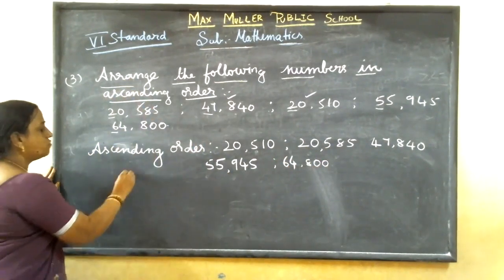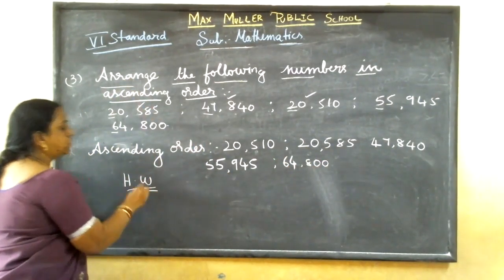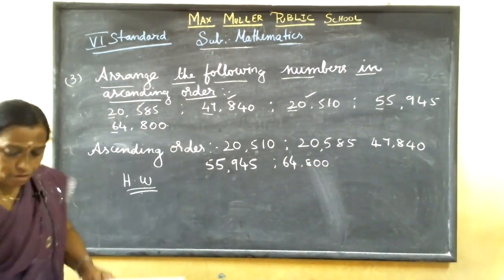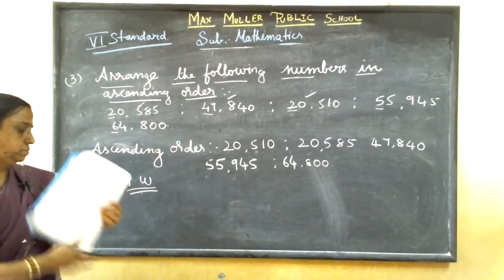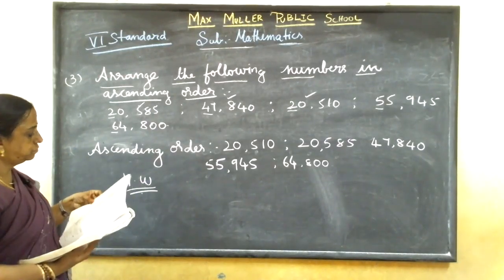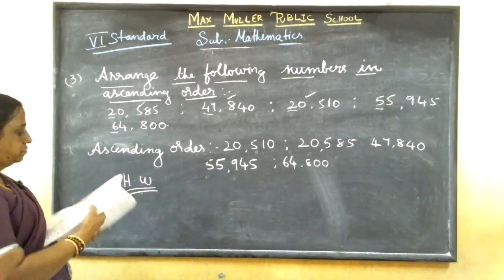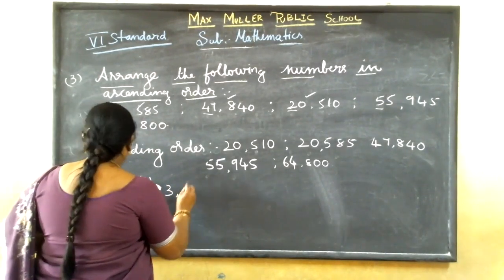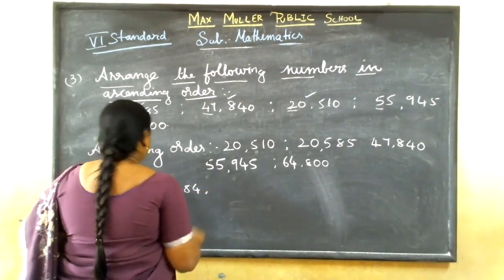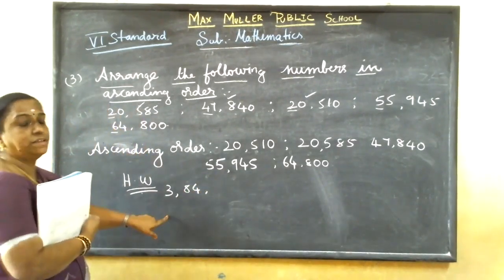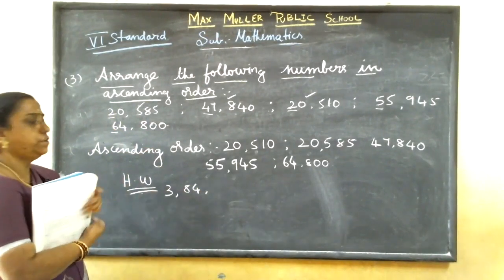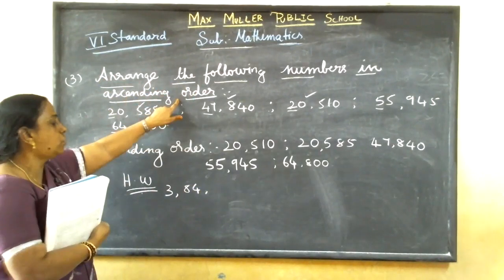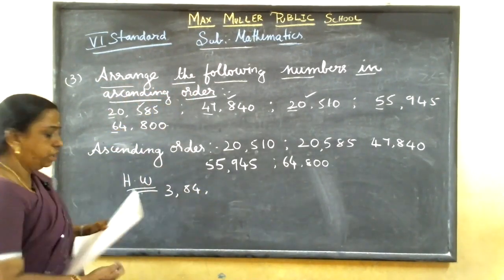Ascending order, this is homework question. You copy in your homework. You should do it in assignment book, homework book. Okay? I'll give homework question. See, if you are not copying classwork, at least copy homework in draft note, then you should do same heading. Arrange the following numbers in ascending order, then do the sum, okay?